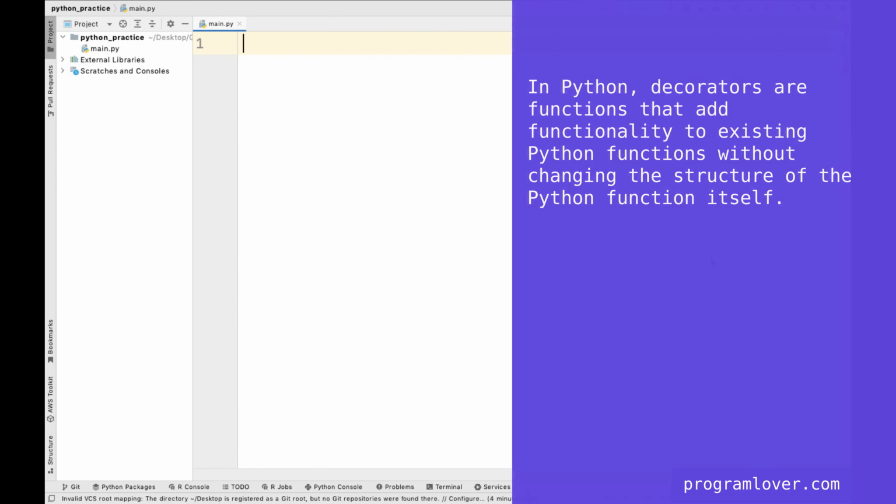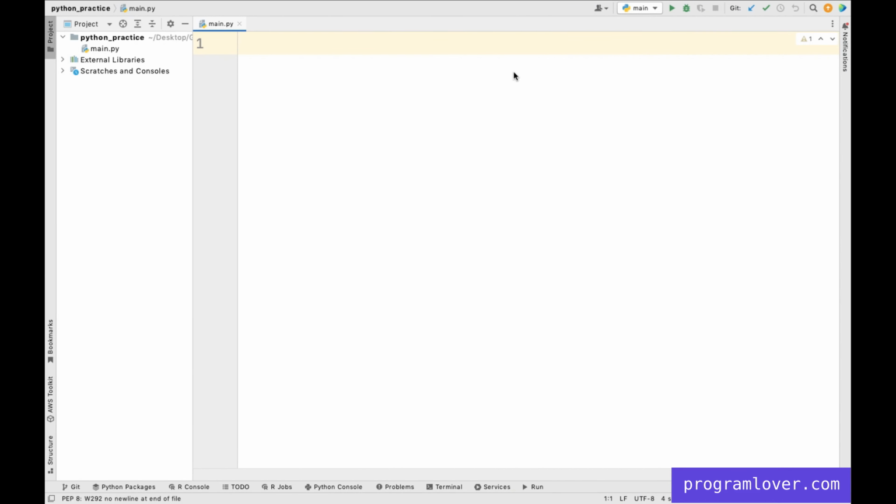Decorators. In Python, decorators are functions that add functionality to existing Python functions without changing the structure of the Python function itself. Okay, let's see one simple example on decorators. First, we create one simple Python function and the function name is say hello.